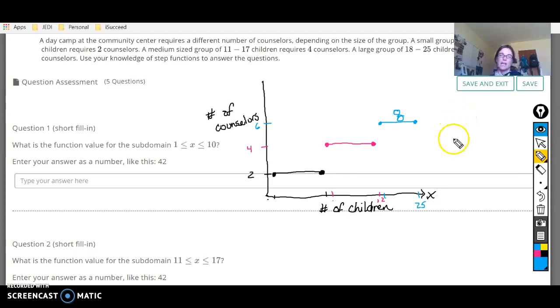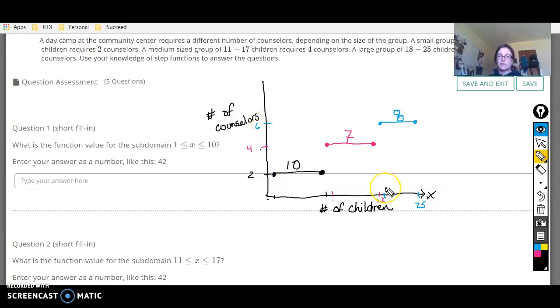So that's 8, this is going to be 7, and this is going to be 10. All I'm doing here is identifying the length of each subdomain. These 8, 7, and 10 don't mean a whole lot,